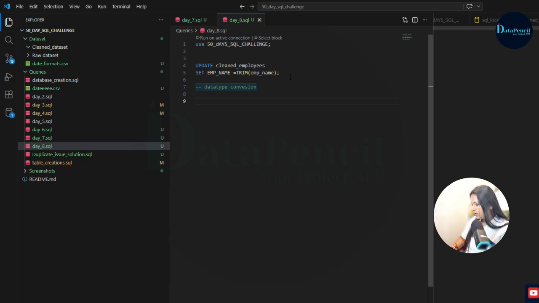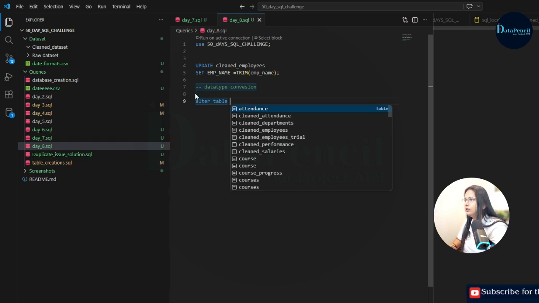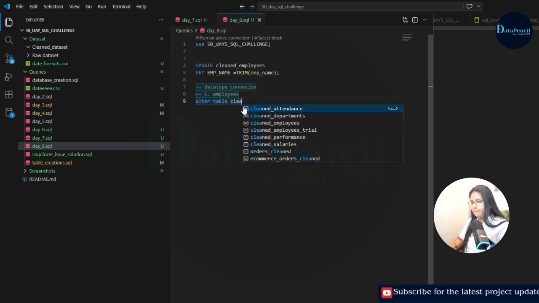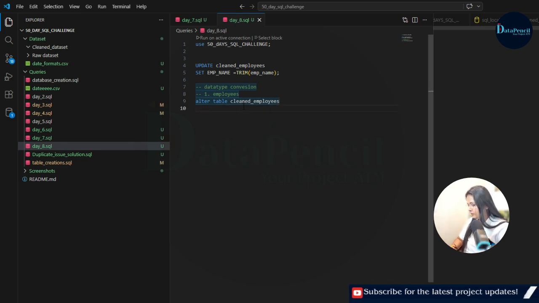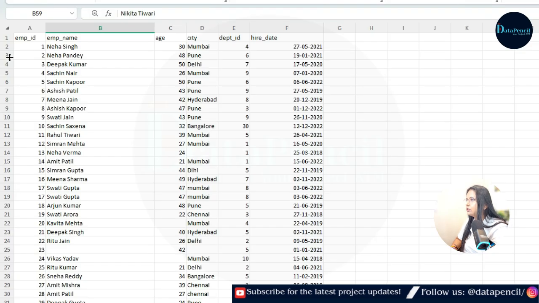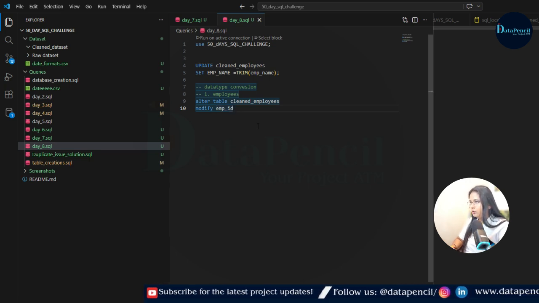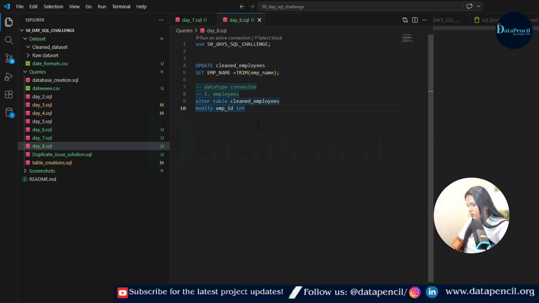Let's begin. Here we will use alter table. First of all, we are taking the employees table. So alter table clean employees, and here we will write modify. Let's have the sequence: employee ID, name, age, city, department ID, and then the hire date. So modify employee ID, and the next one we are going to write is the data type. It's an integer,